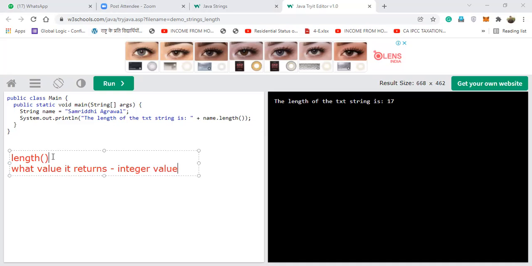Whenever we talk about any function, we need to understand three things. First is what it is returning. If it does not return anything, we say void. Second thing is what does it do?